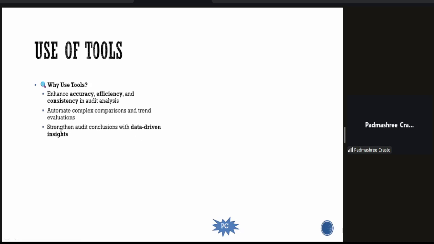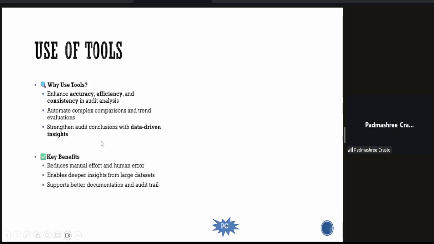There are lots of tools available online and offline these days. So you make use of any of these tools. What are the key benefits? It reduces your manual effort and also minimizes human error. It enables deeper insights from large data sets. It is made to fetch data directly from company systems. Also, at times you can attach the software and it creates the dump, and many auditors use